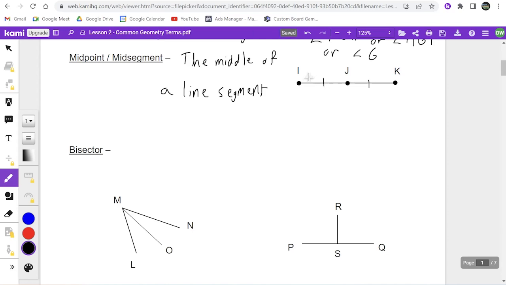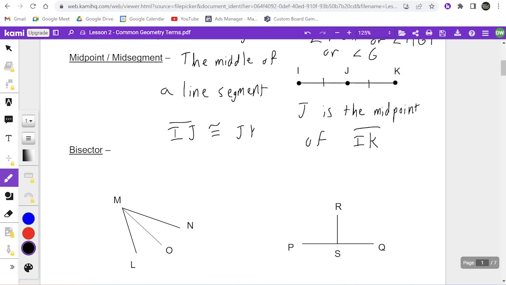What this is saying is that the line segment IJ is equal to the line segment JK, or congruent instead of equal. And what you would write in geometry terms is: J is the midpoint of line segment IK. What this also means, whenever you have a midpoint, is that, for instance, line segment IJ is congruent